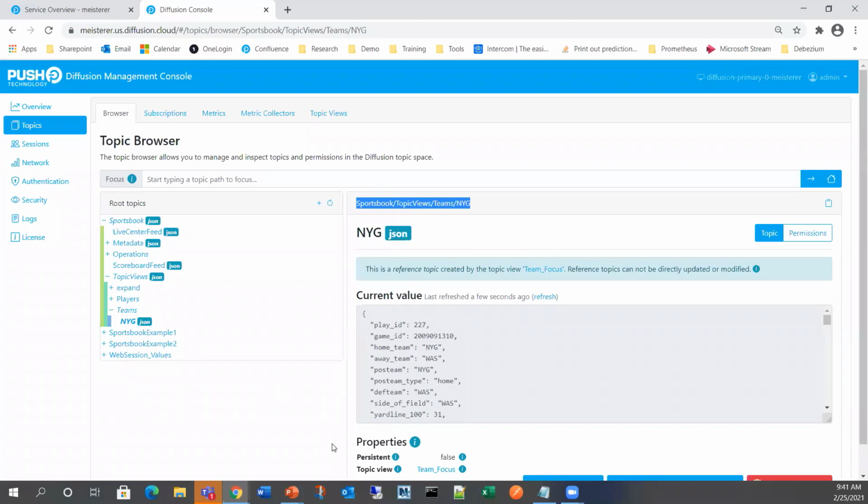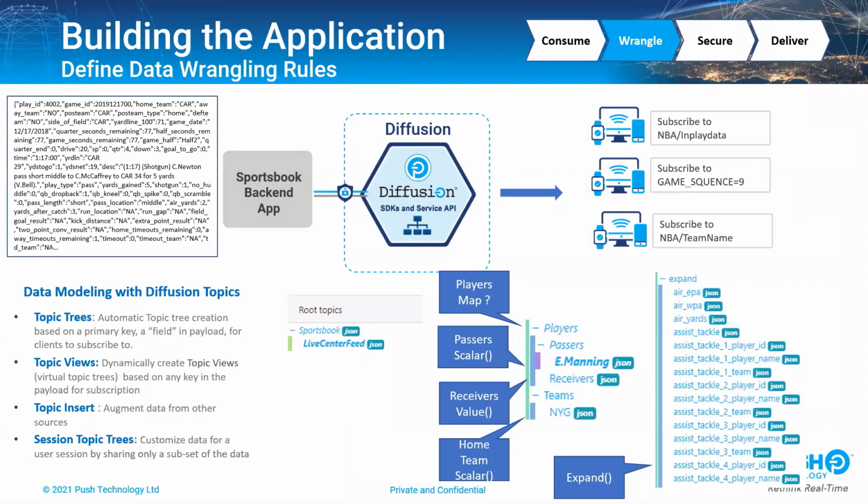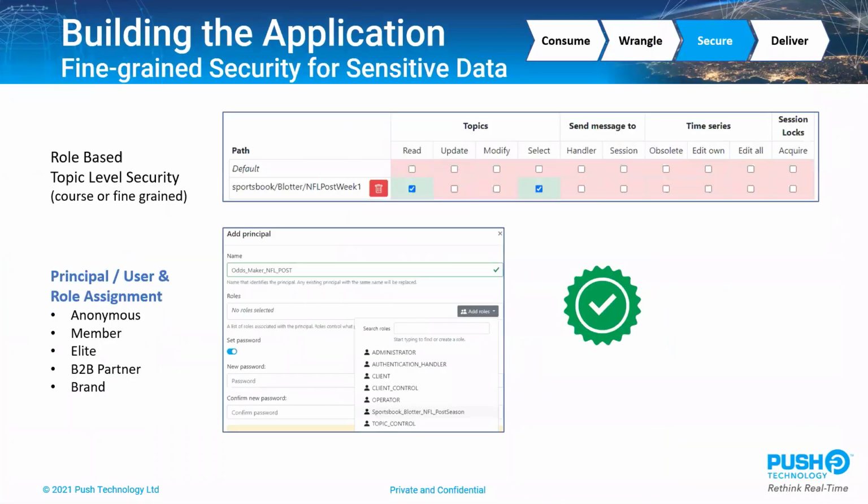Okay, so let's kind of move on to the next stage inside of building this application, and that's security. And so Diffusion provides role-based access control, security policy enforcement, and we can become very fine-grained. We can secure on specific topics. We have the notion of roles where we're adding roles, and we can then associate those roles to different principals,